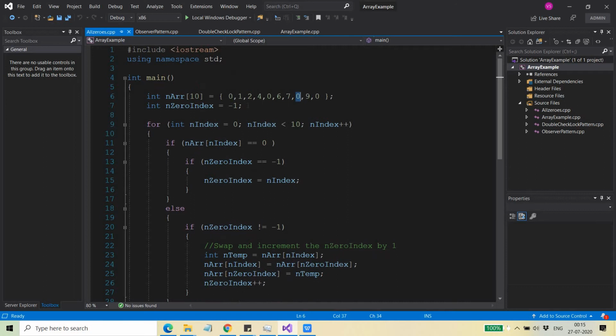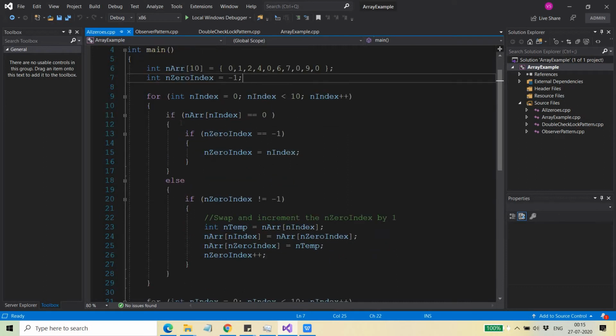So here what I have done is I have started with a zero index, n0 index, which I have placed at -1, and now I have started iterating over the elements in this array, right? If at any point I find that my element is 0, and if I find that this n0 index is -1, then I put the n0 index to the current index, which means I have found the first index of 0 in my array, right? So in this algorithm, this will be the 0th index when the first 0 is found. So this will be the first index of 0, which will be 0 here.